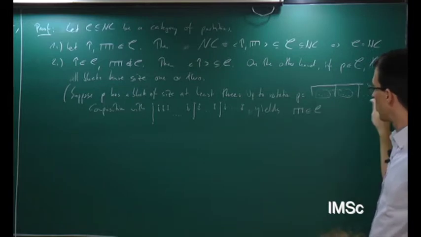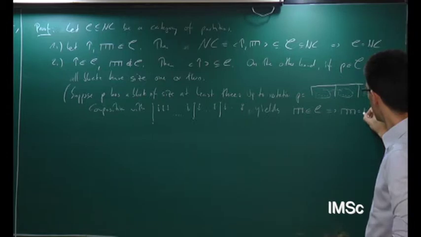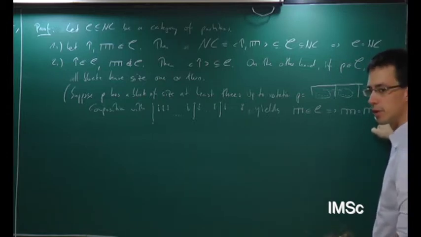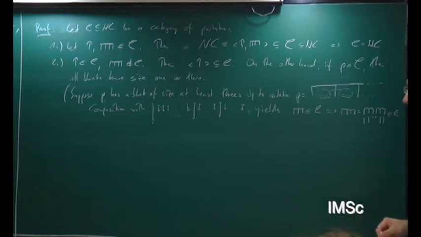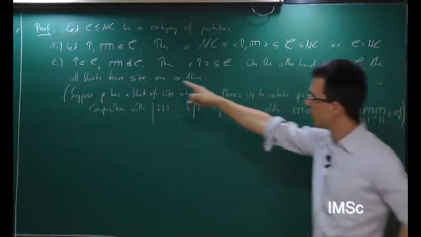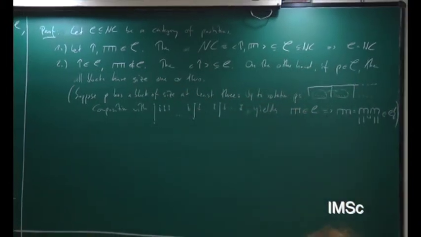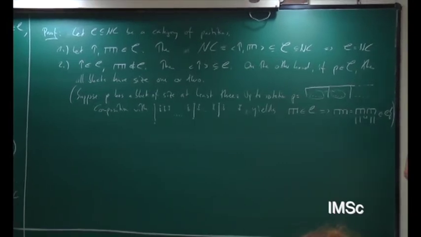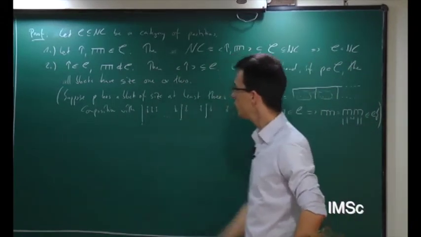I erased all the other points. And of course then, the 4-block, which is just the 3-block tensor product the 3-block, which is in my category, composed with this partition, is in my category. And this is a contradiction, because I assumed that the 4-block is not in my category. Okay, so I see that if I take a partition from my category, all blocks have size 1 or 2,